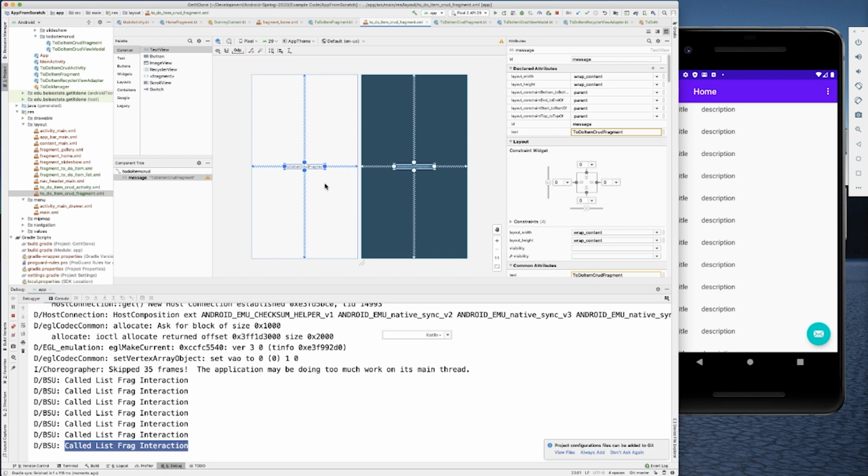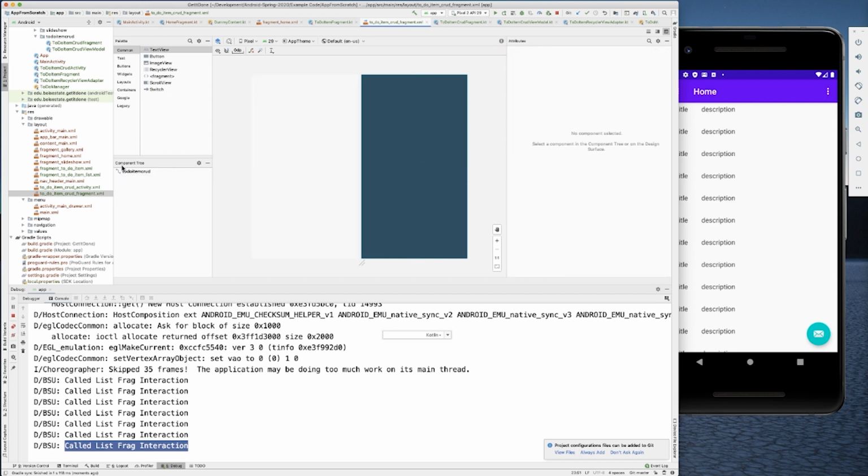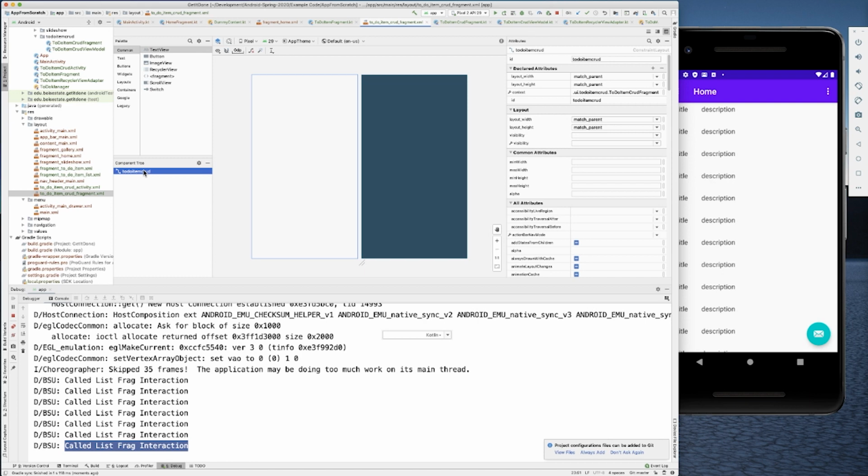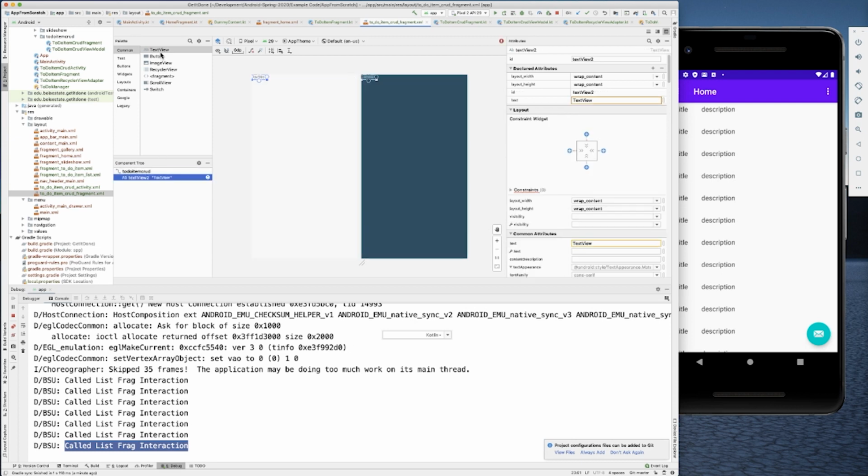All right, so here's where we're going to have our layout for adding a to-do. So quickly, I'm just going to go ahead and delete what's there. This is a constraint layout. We'll ignore that for the moment. We're going to drag in a couple of text views here. Text views, text views, text views. Now you can see those just all go up to the top left-hand corner, which is not necessarily what we want,